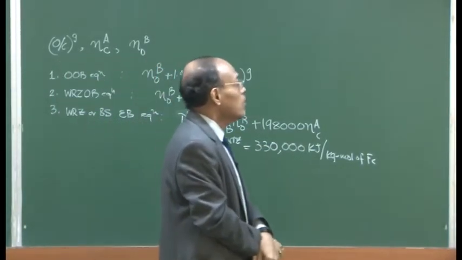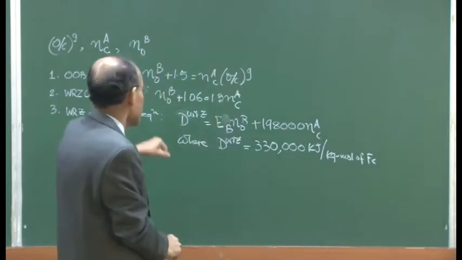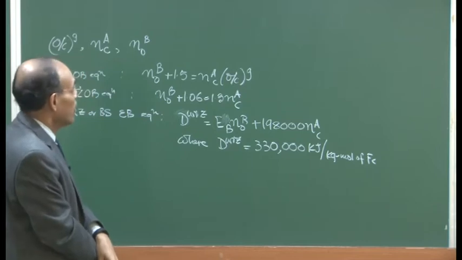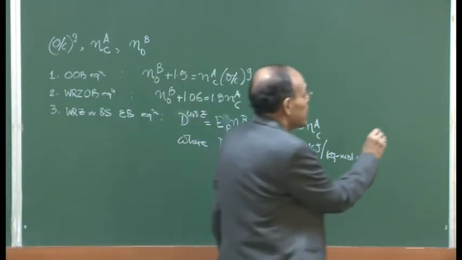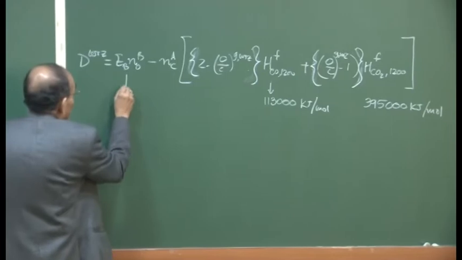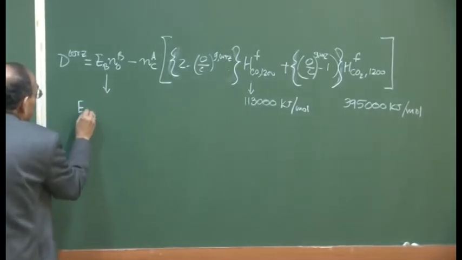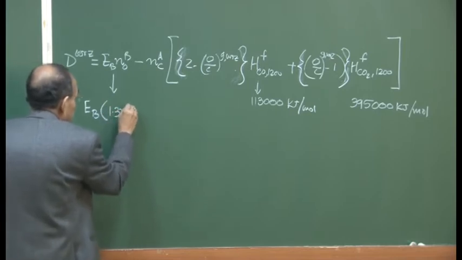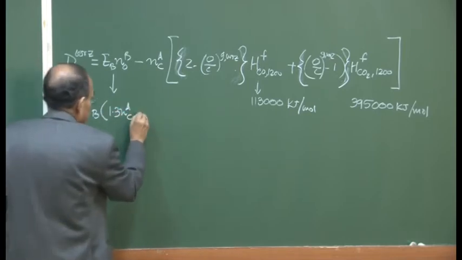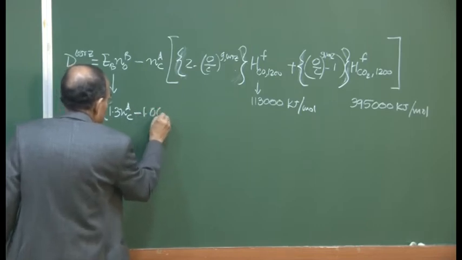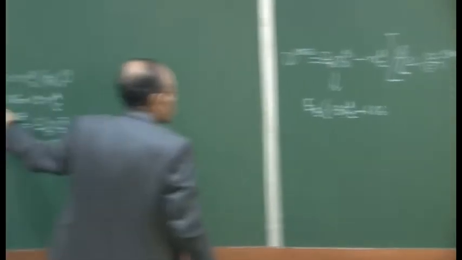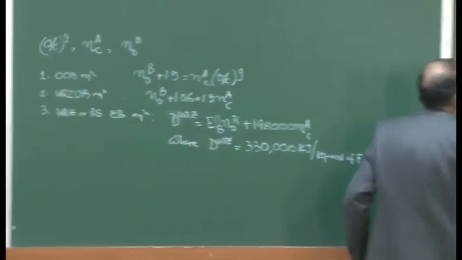Okay? Now, I have also represented a combined enthalpy and bottom segment oxygen balance equation, and that is possible once you substitute for this EB, that means the replacement of the NOB term, which is equal to 1.3 NaC minus 1.06. Okay? So, that is what is the NOB term according to the bottom segment oxygen balance equation. So, if you substitute this, the resultant equation becomes the combined oxygen balance,